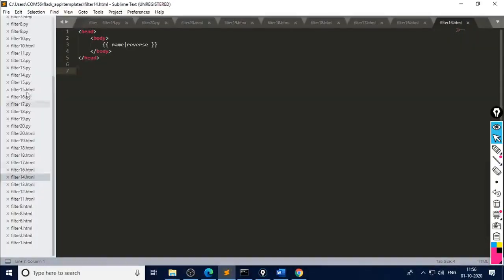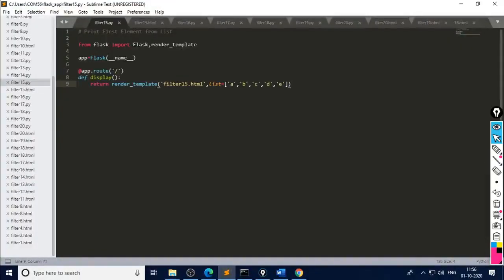Then next one. Here print the first element from the list. If a list is supplied as an argument, then it will print the first element from the list. So what is our input here? List is equal to A, B, C, D, E. This is the list format. And what is the corresponding template here? We are going to render filter 15.html.